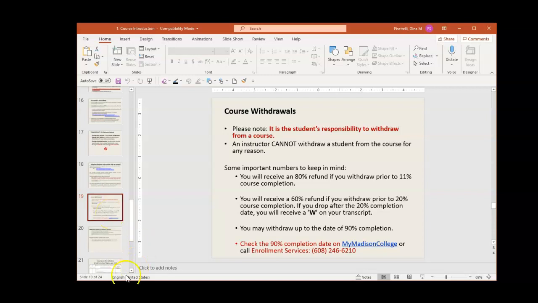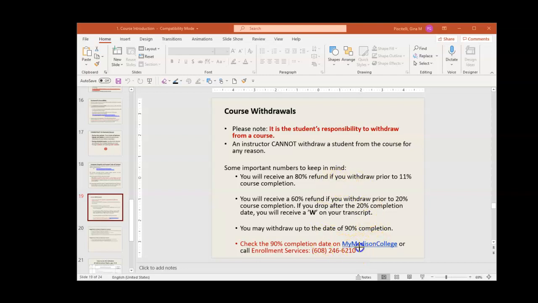Okay, there's a certain time of the semester that's better to withdraw than others, depending on if you want to have a W on your transcript or not, or whether you're interested in refunds, right? So I don't know the dates because they change every semester. And it also depends on when your lab section is. So it's not going to be the same for every student. So it's very important that if you are thinking about withdrawing from the class,